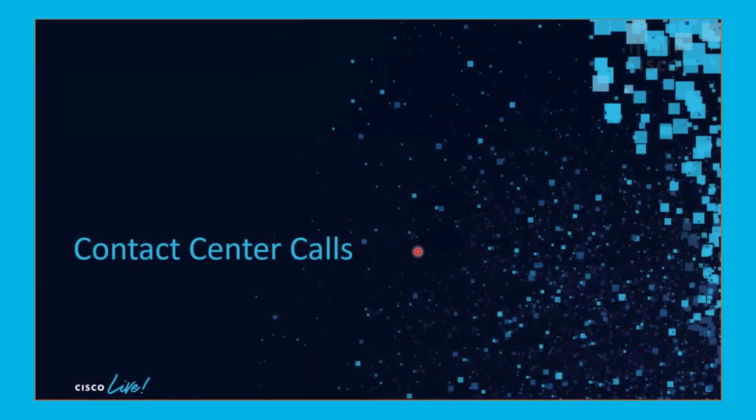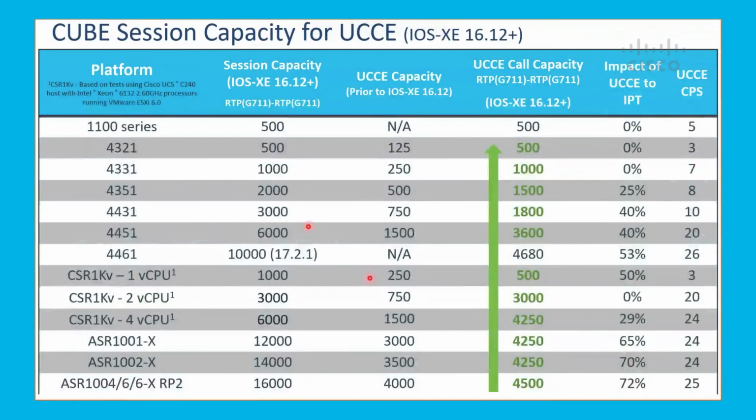Then coming to the contact center call flows, those are the complex call flows. Again, if you remember, the first column is your basic collab calls, and then this is the UCM capacity, UCC capacity that we use to advertise. For example, with ASR 1006, it used to be 16,000 calls, and we used to say 75% blanket drop to